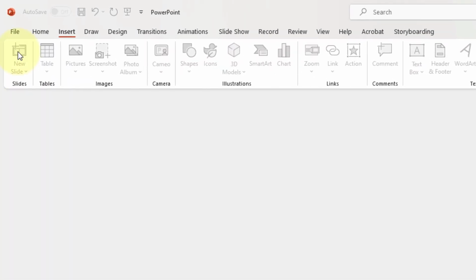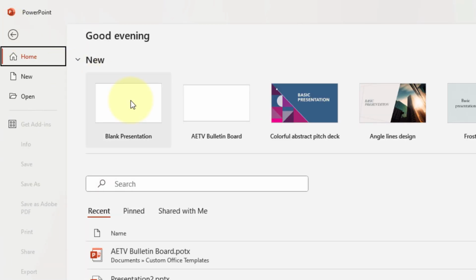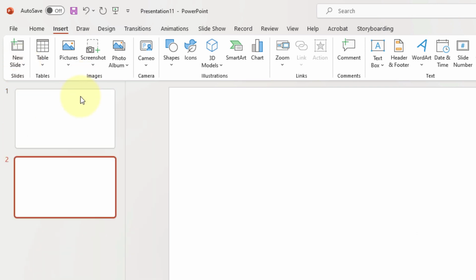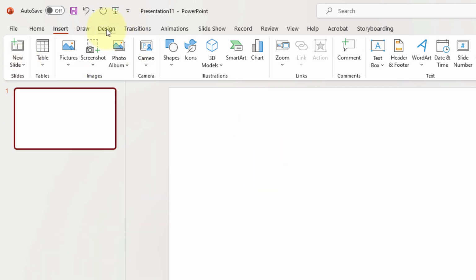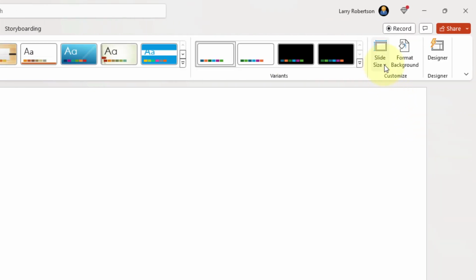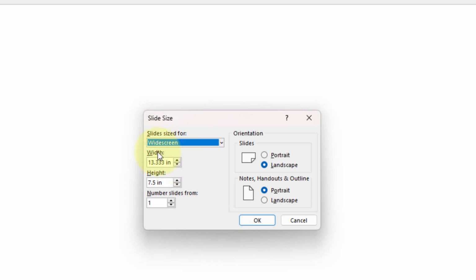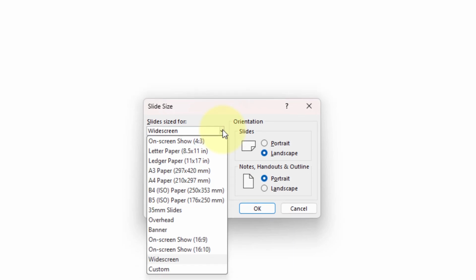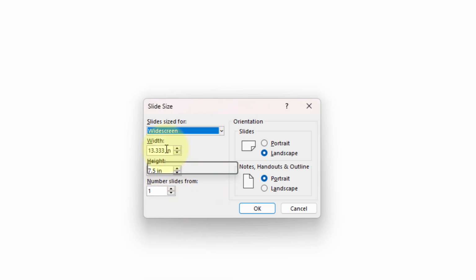And, okay, we're going to create a new blank presentation. We're going to do the same thing. We're going to insert a blank and get rid of the original. Then we're going to go to the Design tab and Slide Size, Custom Slide Size. Click on that and you can see that the width and the height are specified in inches by default for widescreen. Now they give you some selections here, but they're all printer based, except for the 4x3 and a 16x9 and a 16x10. Okay, so what we're going to do is we're going to go back to our cheat sheet here,